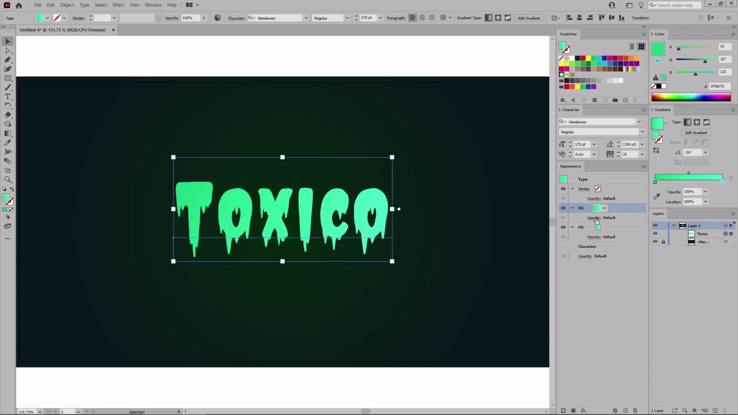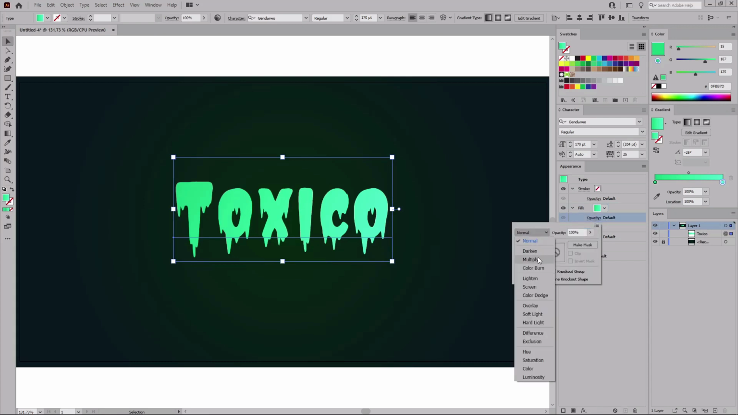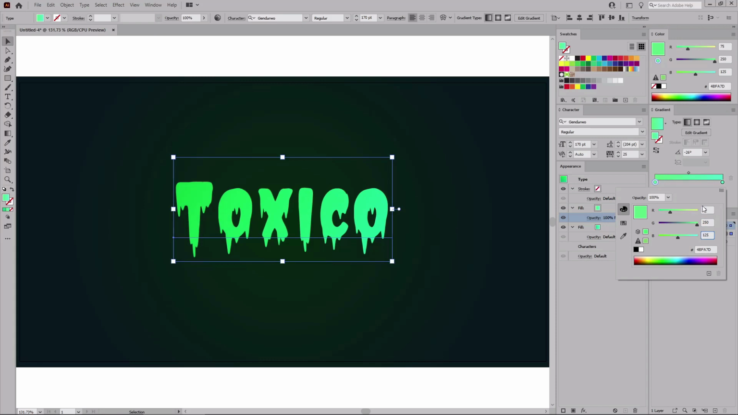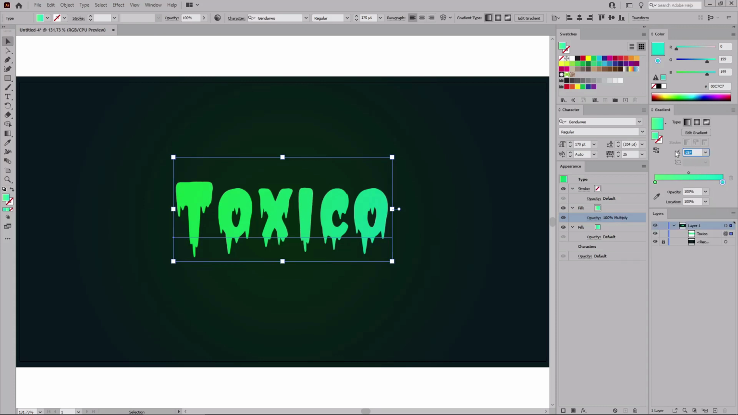Keep it selected, change the blend mode to multiply, and then focus on the Gradient panel to adjust the gradient applied for this new fill. Double click this color stop and replace the color with 75, 250 and 125. Double click this other color stop and replace the color with 0, 199 and again 199. Remember to set the angle to -90 degrees